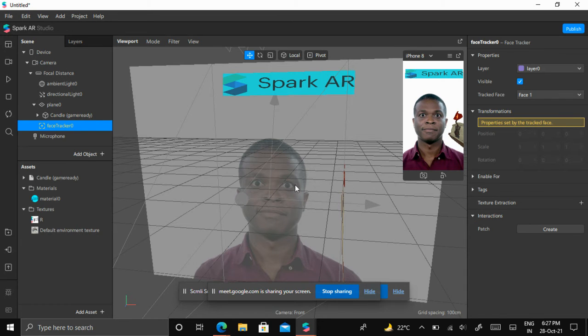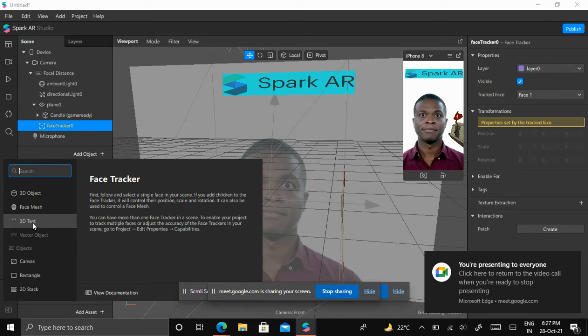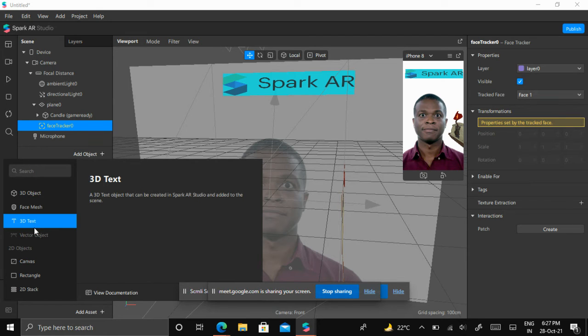Now I want to add a text at the head of the person. So what I will do, I will click on the right, add objects. I will be choosing the 3D text. I want to add it at the head of the person. Just a second. It's hanging, I think so.